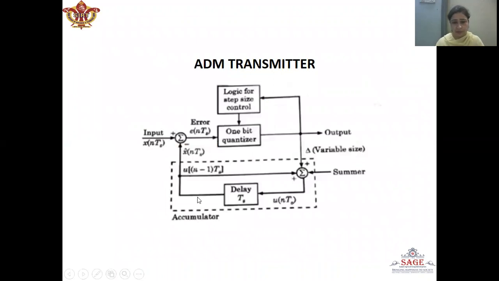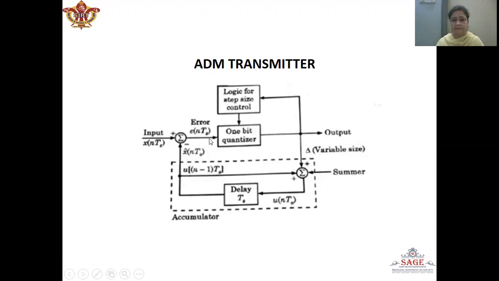Now, this is the block diagram of the ADM transmitter. This transmitter is very much similar to the delta modulation transmitter, except for the step size control unit. Here we have the input, which is the present sample of the message signal, which is compared with the previous sample prediction, and the error is generated. Now it is given to the 1-bit quantizer. This is the same as the delta modulator system, but here we have an additional component, which is the logic for step size